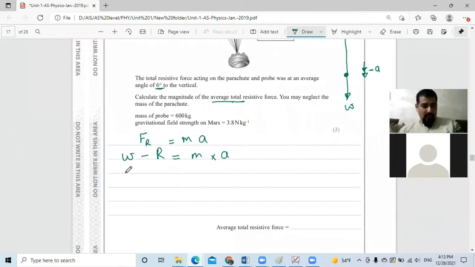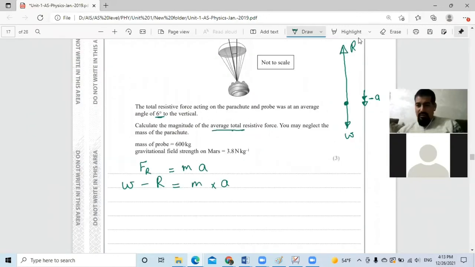So the weight here, now we have to know that this resistive force